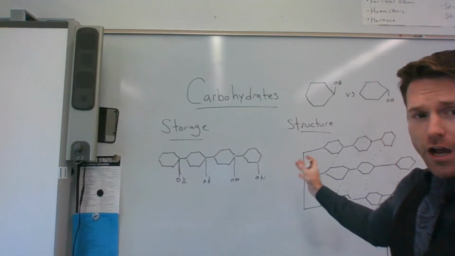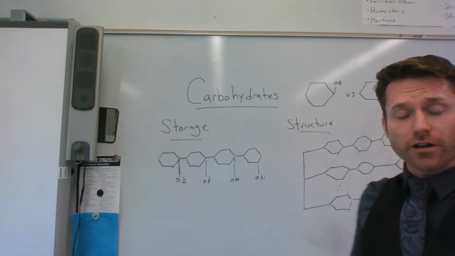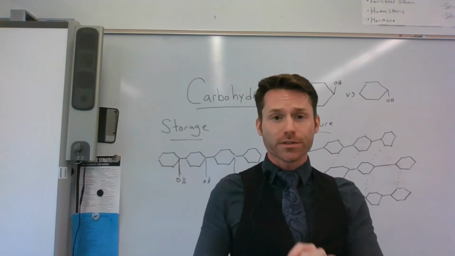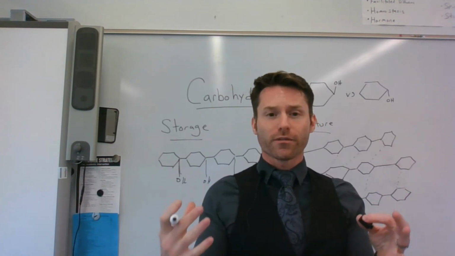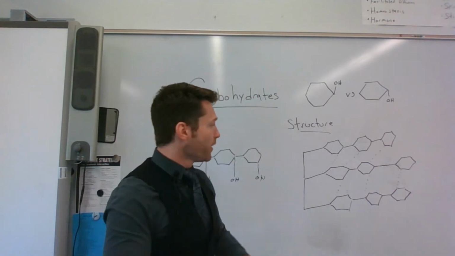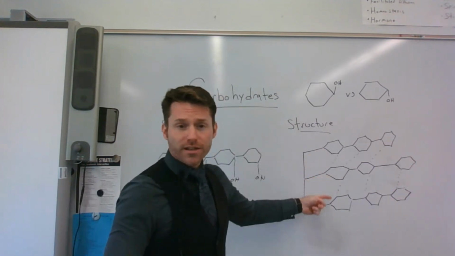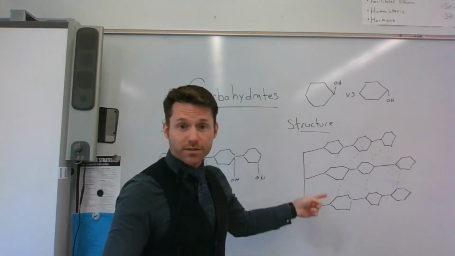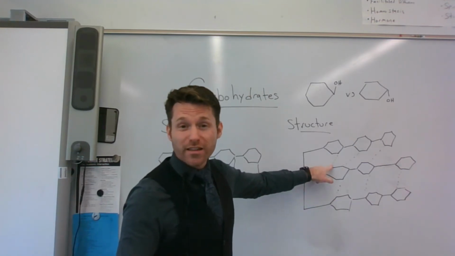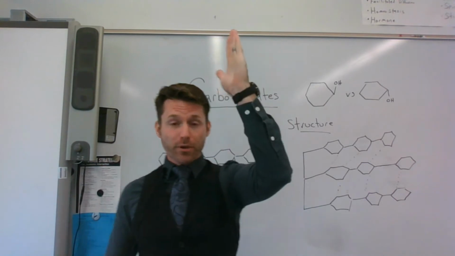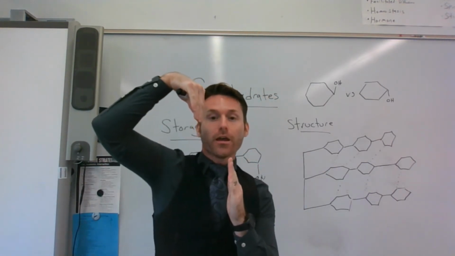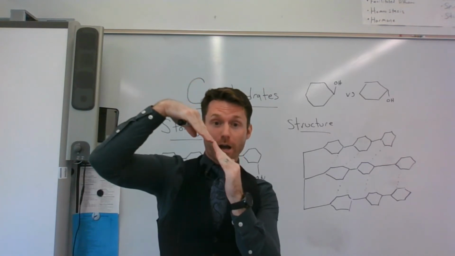For my structural polysaccharide, they use alternating ups and downs. So they use different forms in an alternating pattern. And what this allows for is that these polysaccharides, which are coming off of branches, can now form hydrogen bonds between their groups. So there's an up and there's a down. Up and a down, right? And so they're near each other, they can form hydrogen bonds.